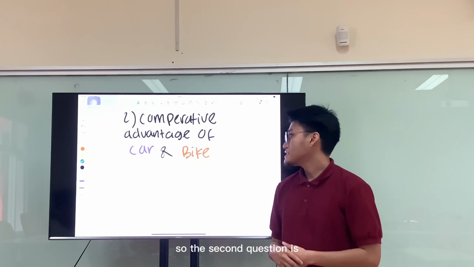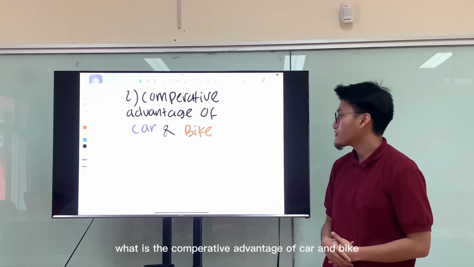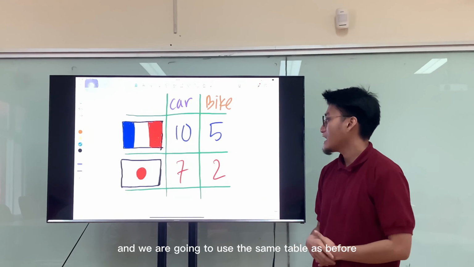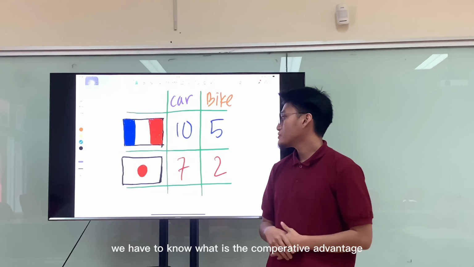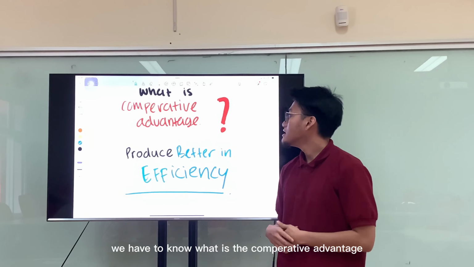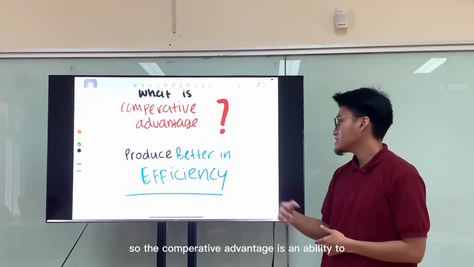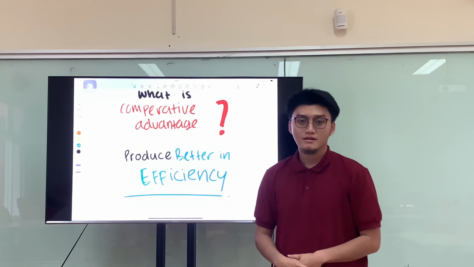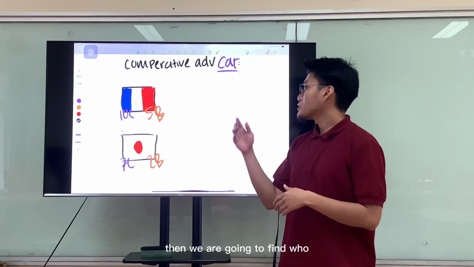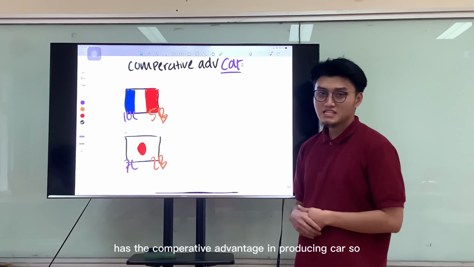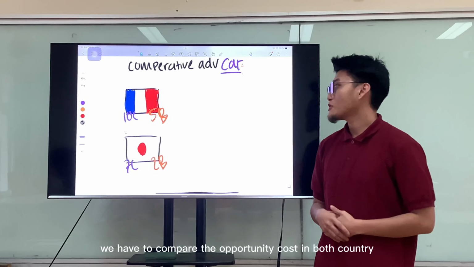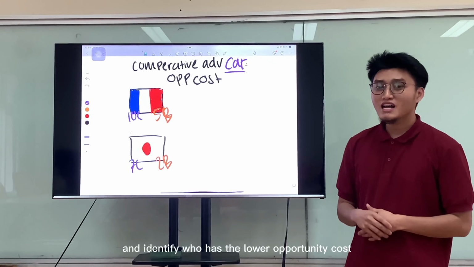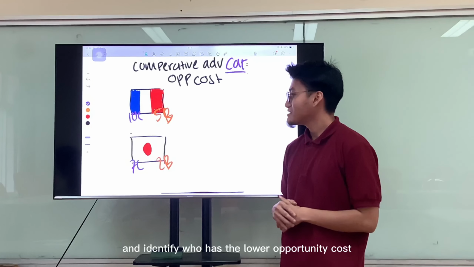The second question is, what is the comparative advantage of car and bike? And we are going to use the same table as before. Before that, we have to know what comparative advantage is. The comparative advantage is an ability to produce better in efficiency. Then we are going to find who has the comparative advantage in producing cars. So we have to compare the opportunity cost in both countries and identify who has the lower opportunity cost to